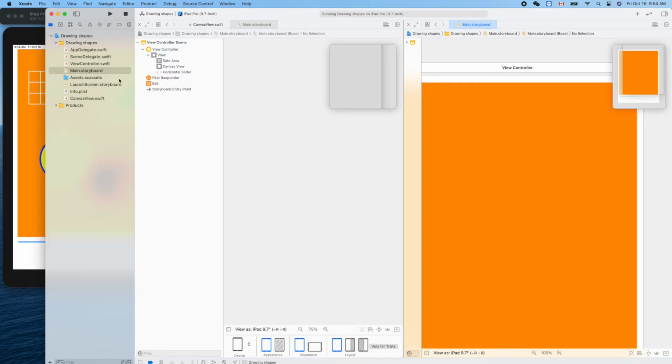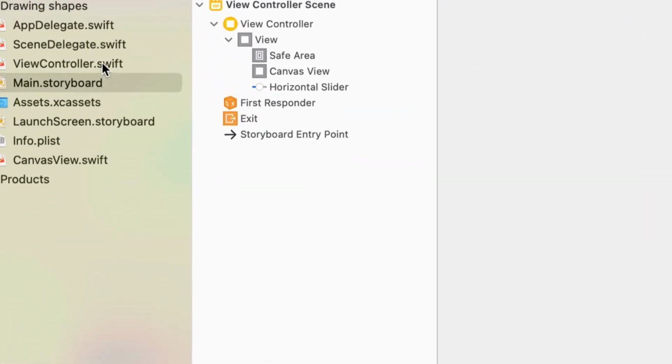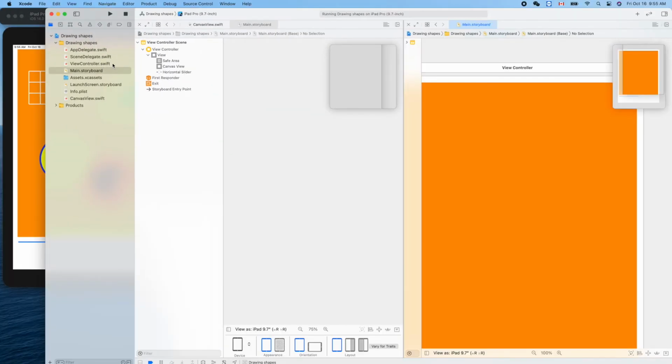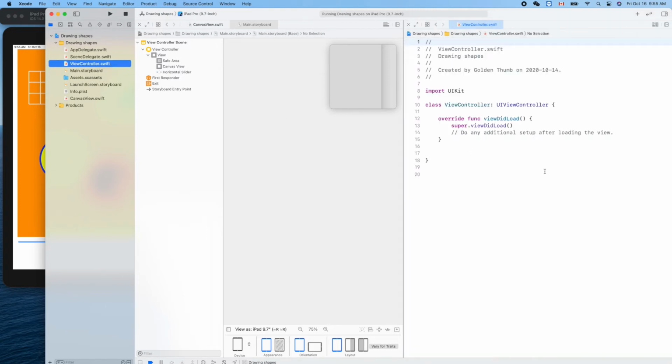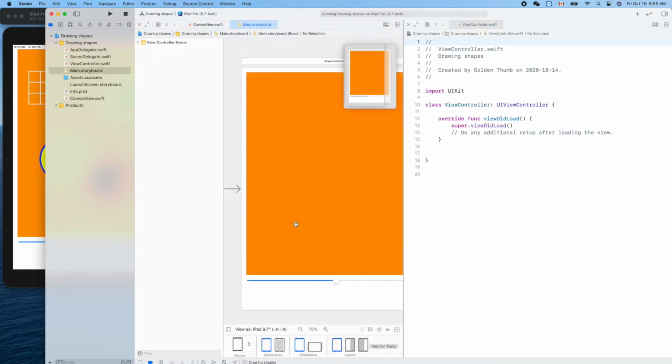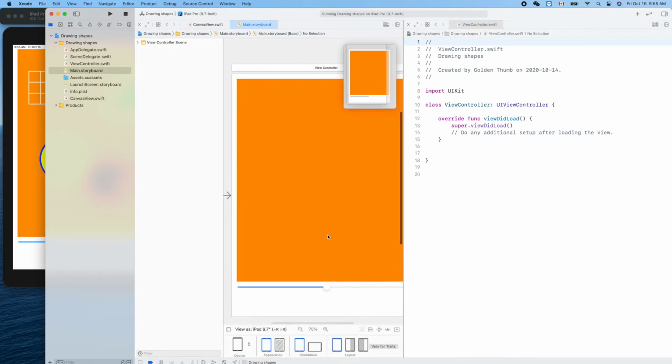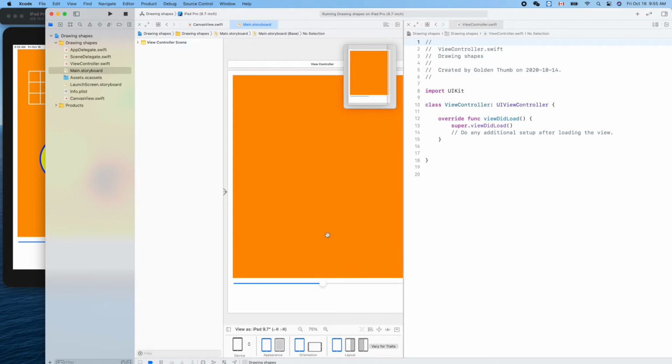okay, so like what I said, we need view controller, this guy here. Let's put view controller in one of the two editors. Oh, okay, so it's here on the right. It doesn't matter which one is on the right and which one is on the left, but we need to bring back this guy. Yeah, so if we click the slider,